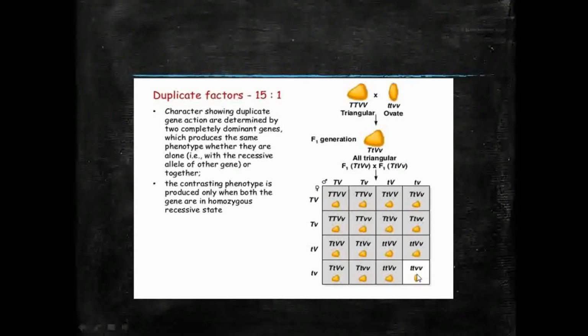So that means, in short, either one of the genes should be in its dominant form. This is the only condition of this duplicate gene. So it will show the similar type of effect, or it will express itself without its cumulative effect. So this is all about the duplicate factor. If you understand this,